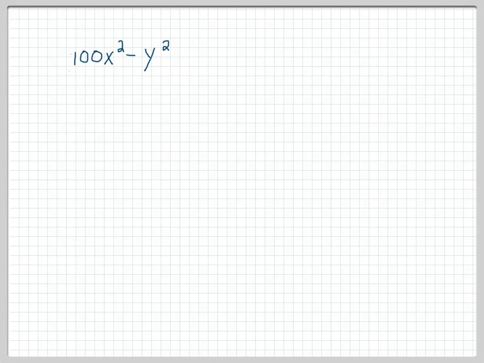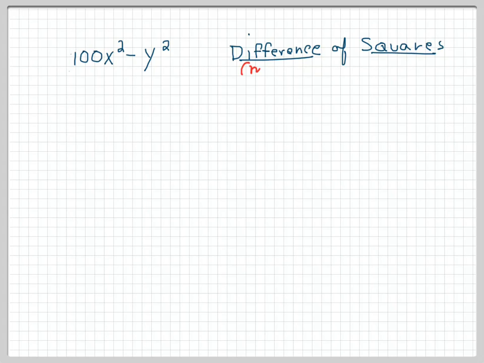Alright, these are on special factorizations, and I'll try and do one of each type. So this is the first type, and this is our difference of squares. Okay, we call them squares and difference of squares because difference comes from the minus sign that's in the middle,